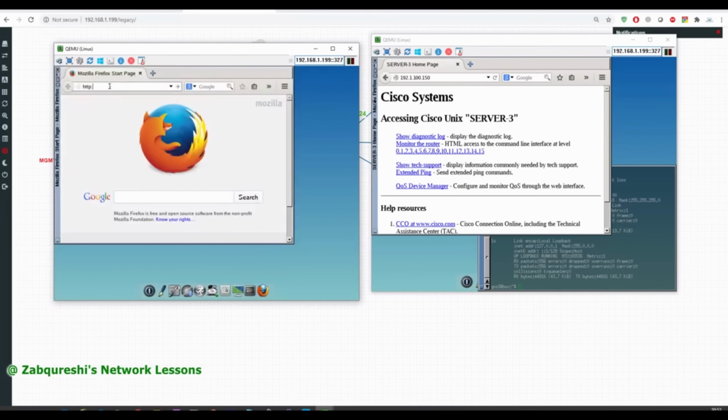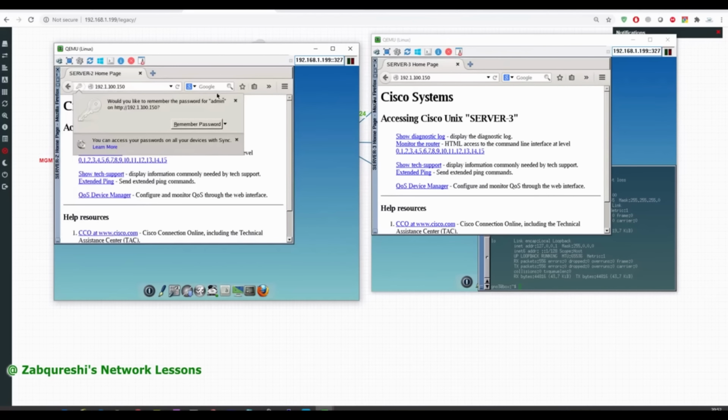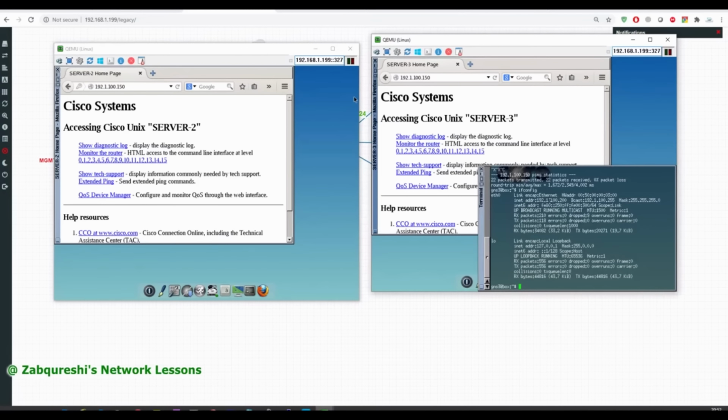So HTTP 192.1.100.150, right? Enter admin and then Cisco 123. So this should go to another server. This is going to server 2, and it will continue remaining on server 2. So the machine on 200 IP address is going to server 3,